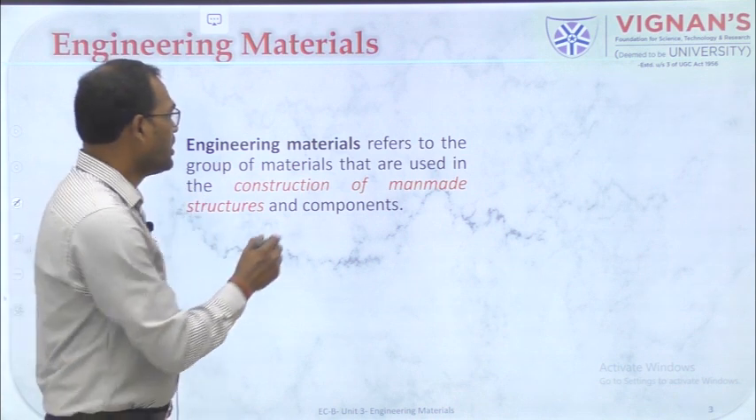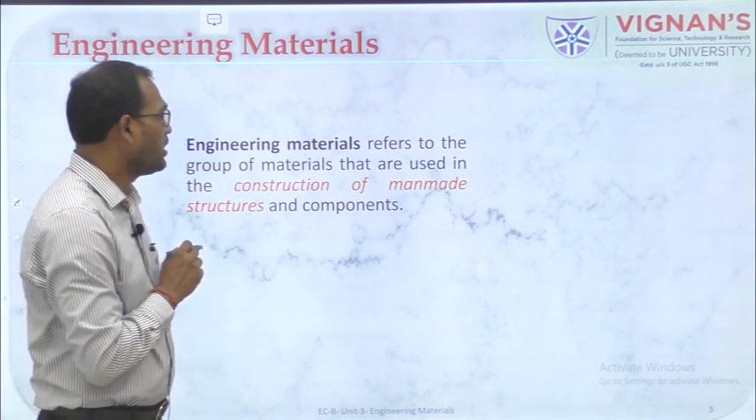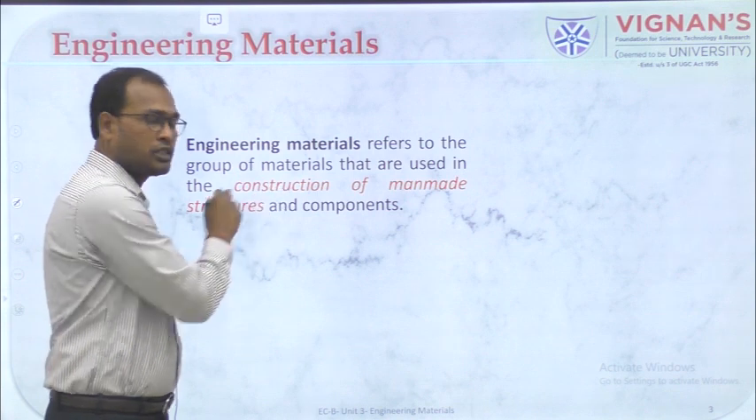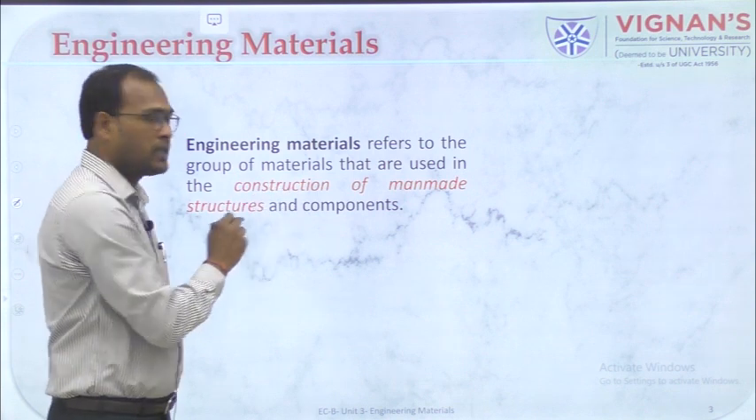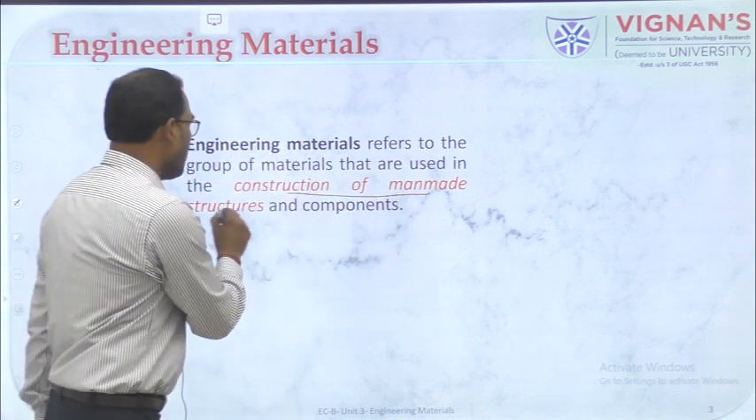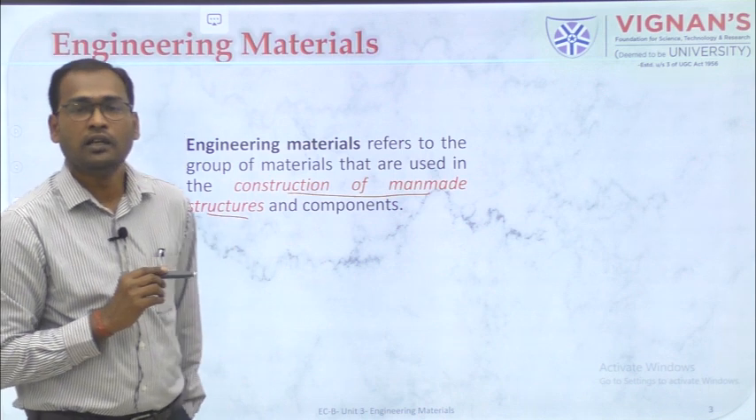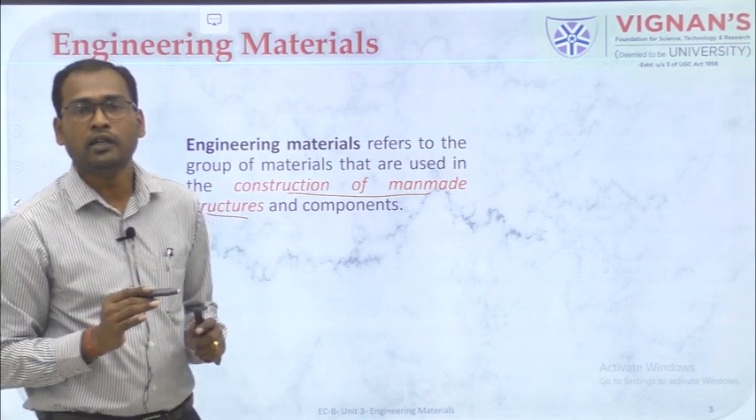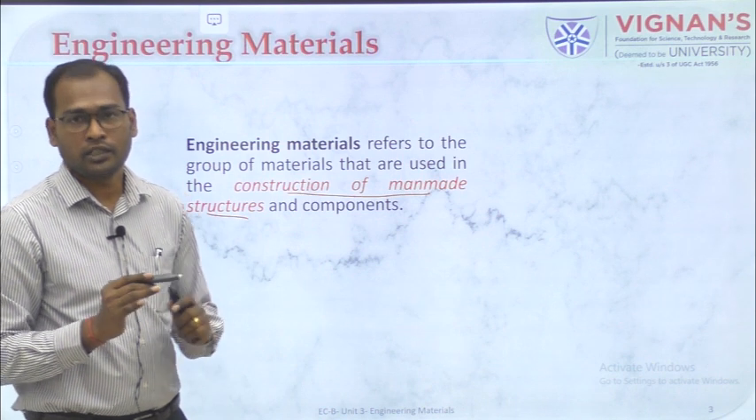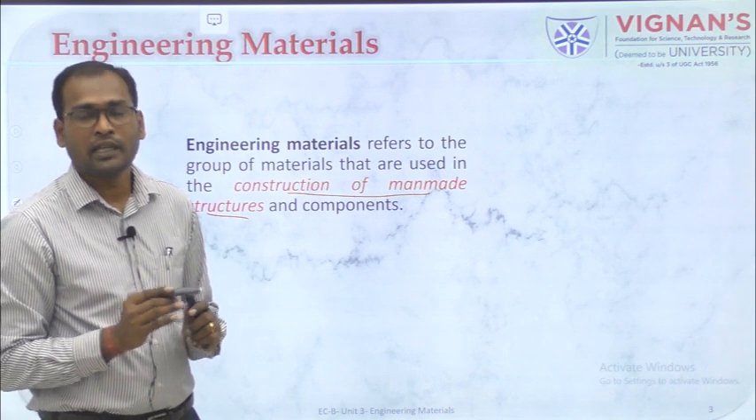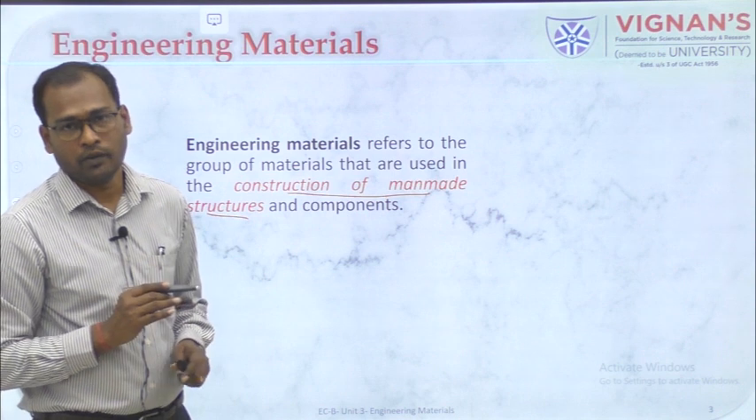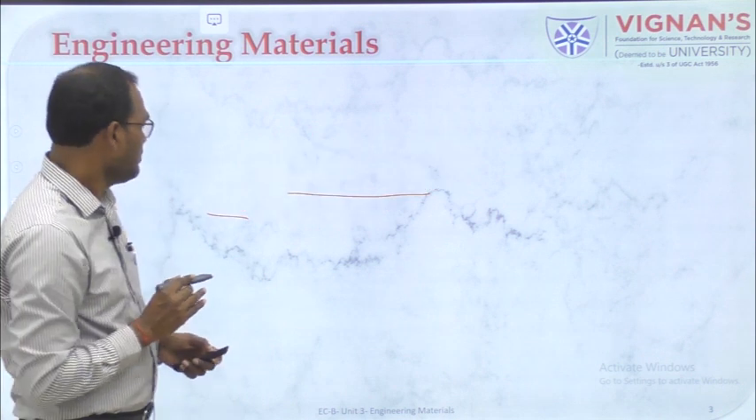Engineering materials refers to a group of materials which are used in the construction of man-made structures and its components. Repeating once again, engineering materials refer to a group of materials which are used in construction of man-made structures and other components associated with it, right? So, with this definition,